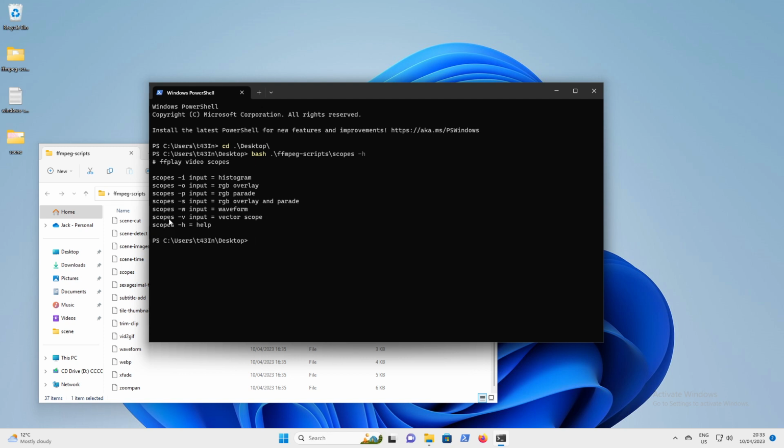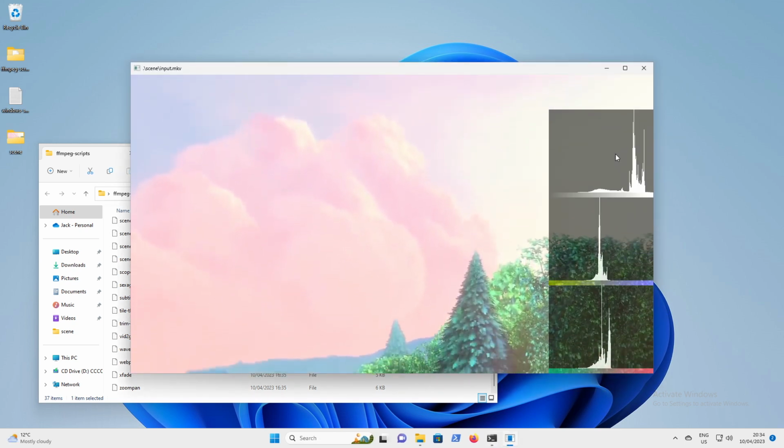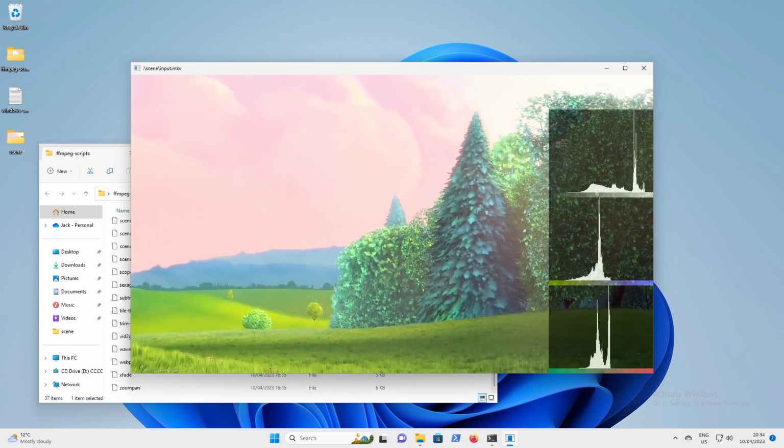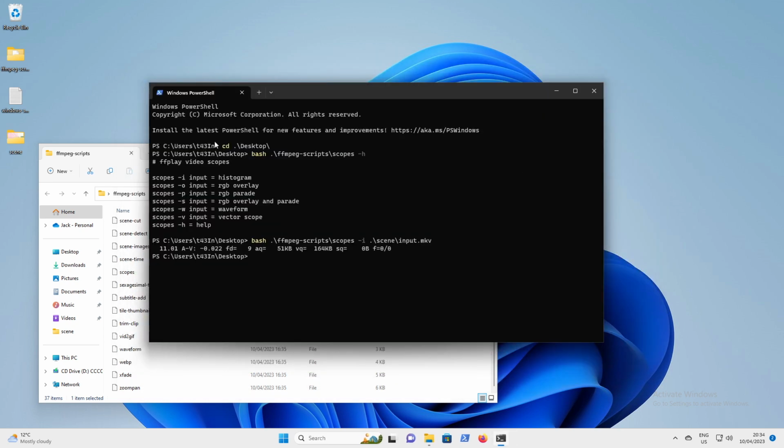So what we're going to be doing is, first of all, we're going to run scopes histogram. So if I run -i, and then what I'm going to do is run the scene folder here, input.mkv. And what you see here is we've got videoscopes coming up, just like you get in a video editor like DaVinci Resolve. So what we're going to do next is we'll do the same thing, but for